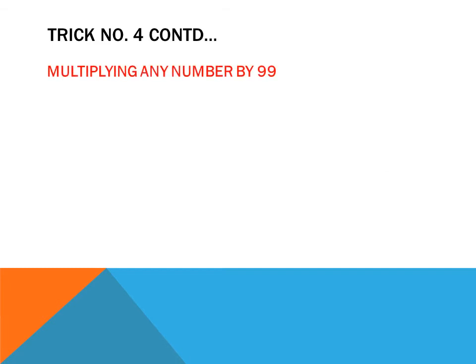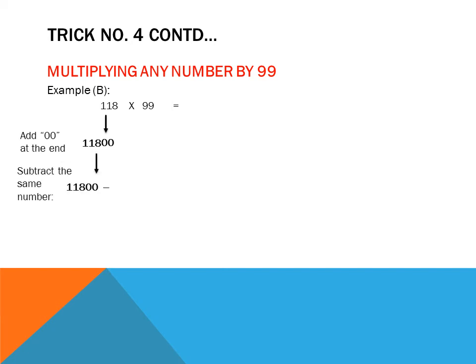Let's take another example to understand the same trick. 118 in this case, so 118 multiplied by 99. So what we are going to do, the step 1 would be add two zeros at the end. 11800. Now subtract the same number from this, 11800 minus 118, and this forms the answer, 11682. Okay,